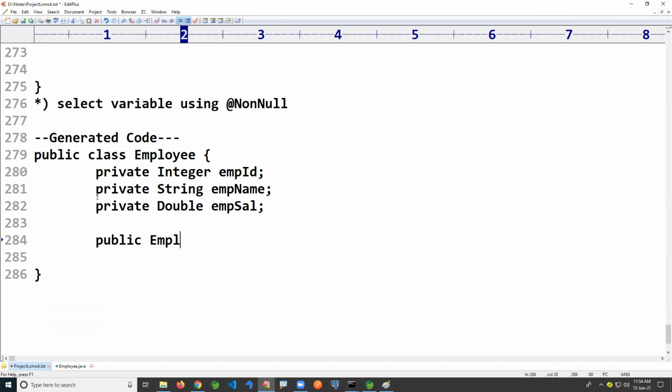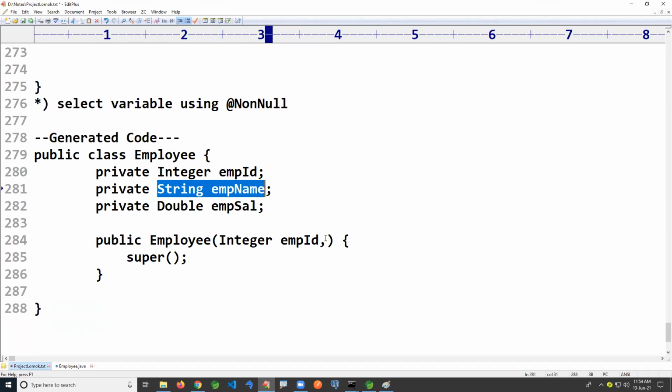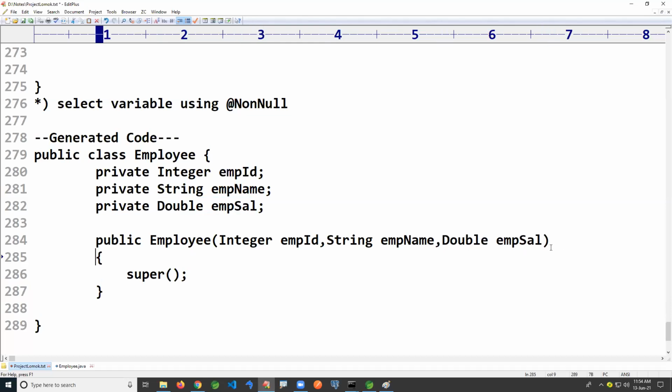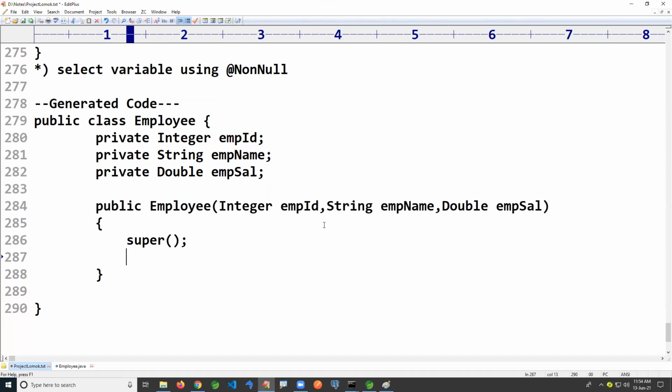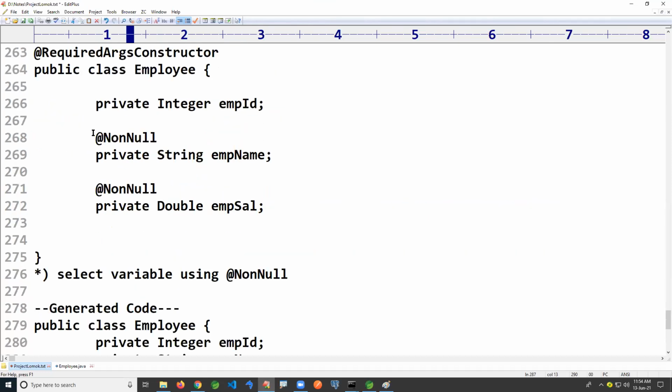Here it looks like Employee. The default statement will be super; this is just for understanding, and if you don't write it, it's okay. Integer empId, empName, empSal. Sorry, only two are selected, right?